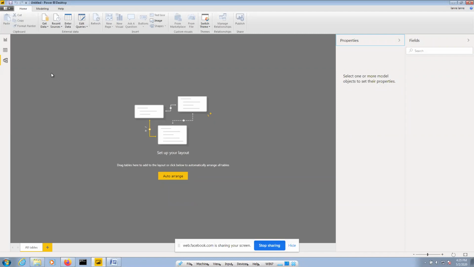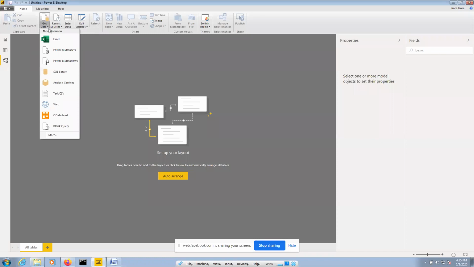So when you hear me talking about import, what I mean is how to get our data into Power BI, because your data is somewhere. It could be in a software, it could be in Excel files, CSV, it could be in text, it could be on the internet, it could be anywhere. You should find a way to connect your data to Power BI. And for you to do that, there's an icon here called Get Data. When you click on that Get Data, it brings a list of what kind of data you want to bring in. If you see that all the options here are not the kind of data you want to bring in, there is a More button here where you can click More,